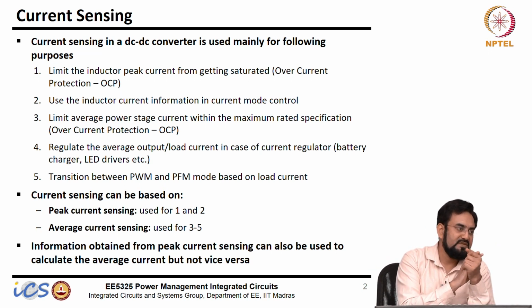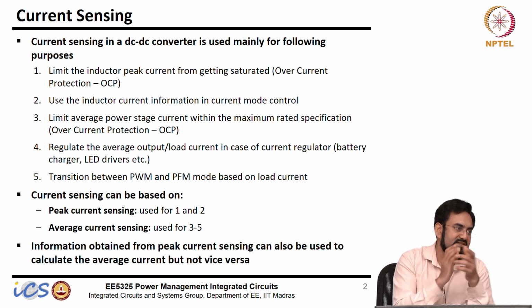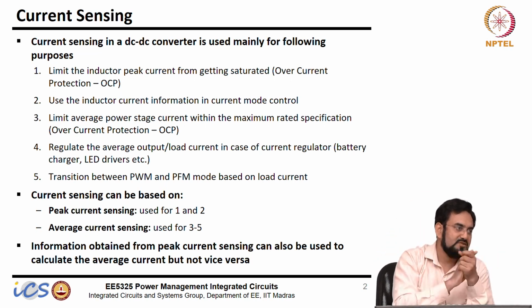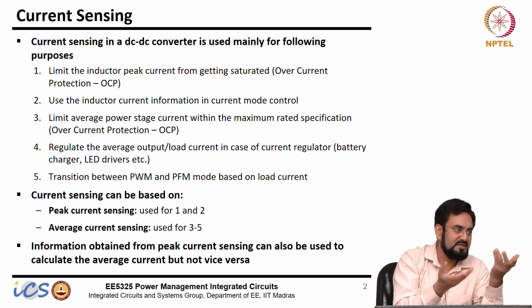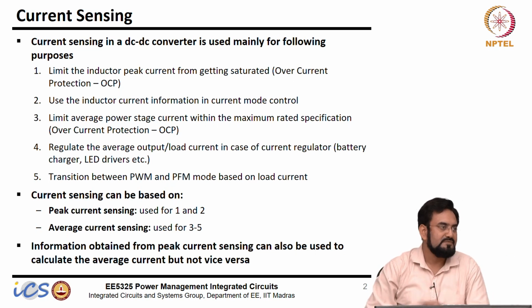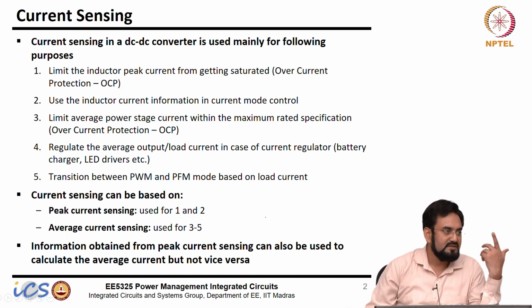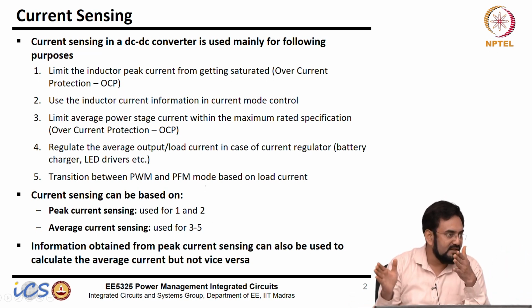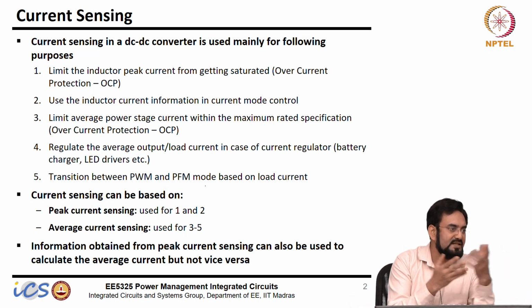With the help of zero cross detect, you can know when it's entering the DCM, because we need a zero cross detect to detect reverse current. The output of that zero cross comparator can always tell you when you are entering the DCM mode, and you can enter the PFM mode right away, or you can wait until your duty cycle is saturated, and that is also in your control.